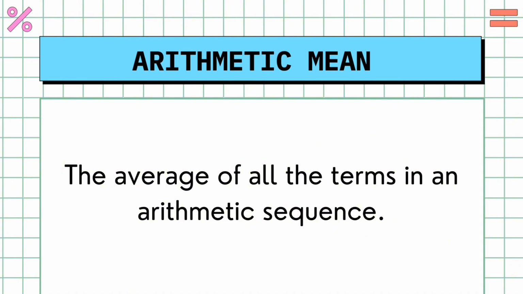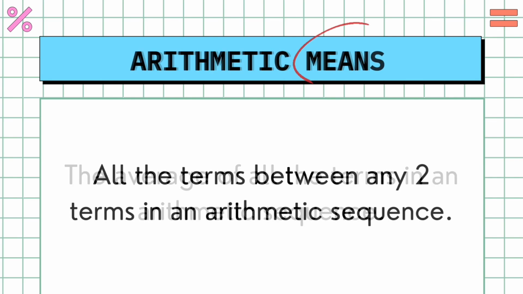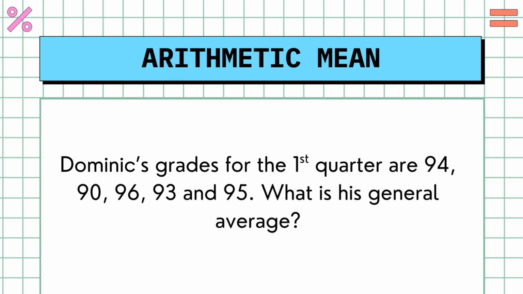We now move on to the arithmetic mean. Arithmetic mean is basically the average of all terms in an arithmetic sequence. But here, since we are talking about sequence and series, it does not just mean the average, but it also means any terms between two numbers in a sequence. For example,